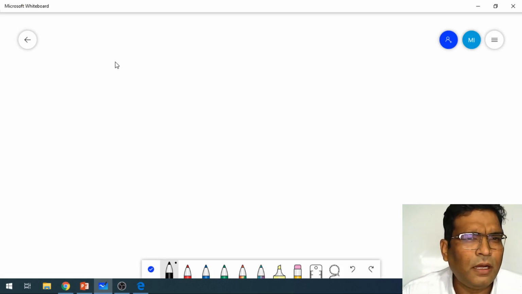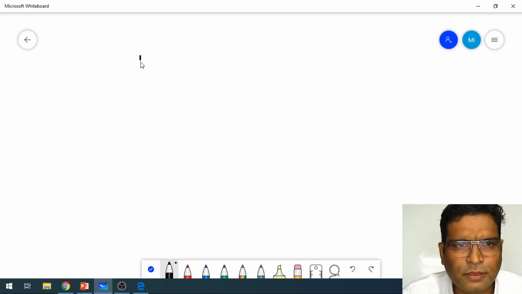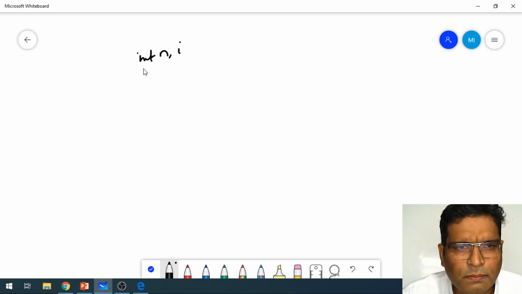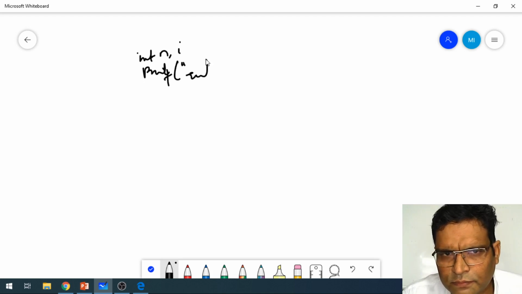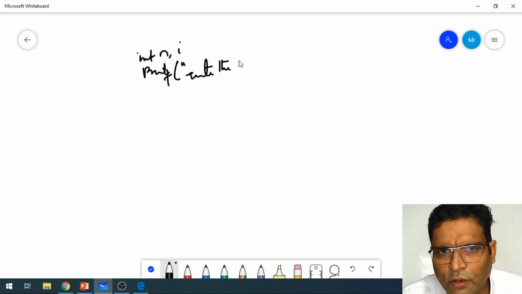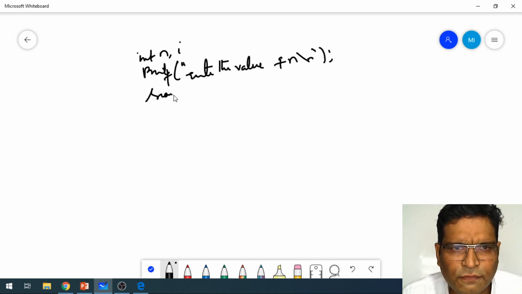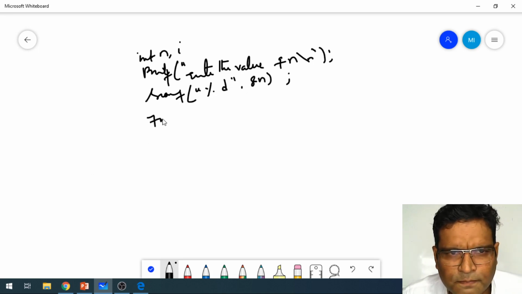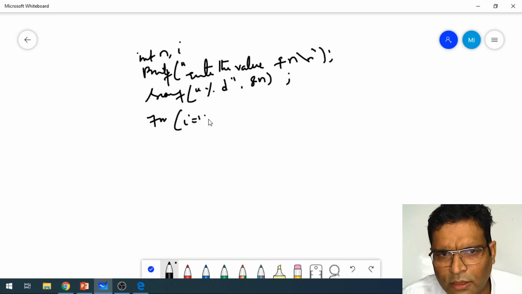Let's take an example. I'll just derive an example. int n; printf("enter the value of n\n"); scanf("%d", &n); for (i = 1; i <= n; i++)